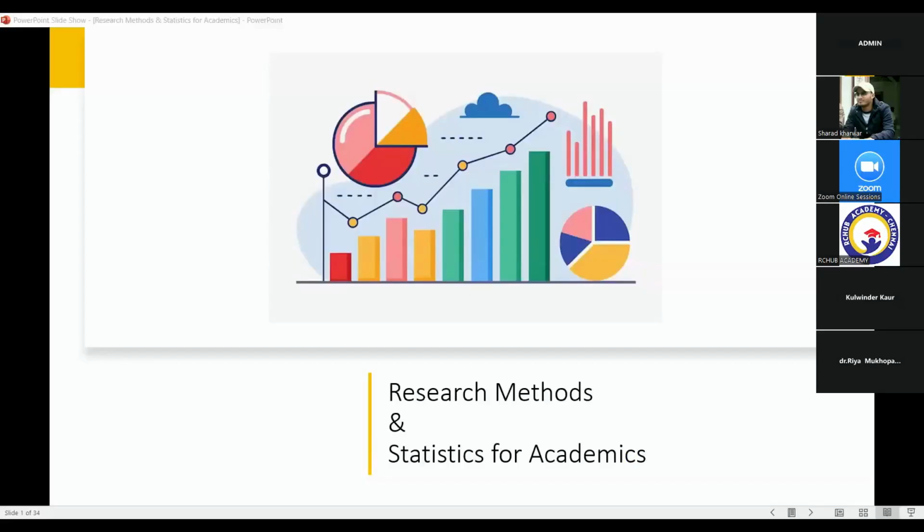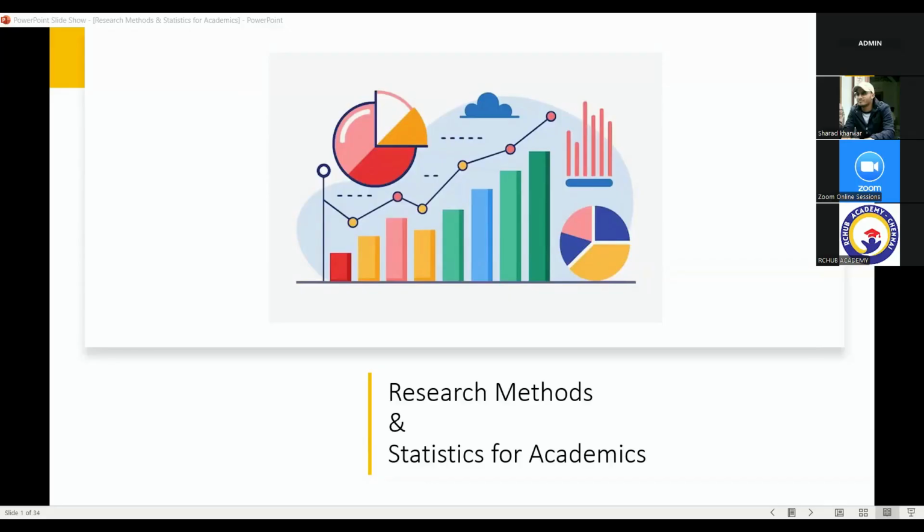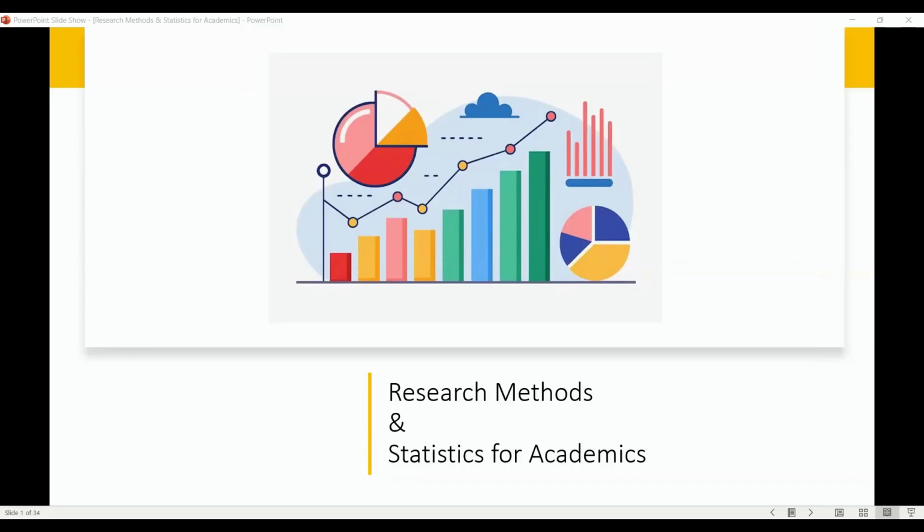Okay, so let me hit the bullseye. The thing is that you may be from various backgrounds. So with respect to various disciplines, the research methodologies vary. Yet, let me try to conglomerate the important things you have to take into consideration with respect to research methodology, and I will be touching on some very important points with respect to statistics, which is very much